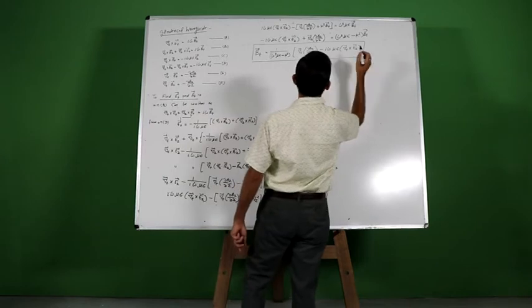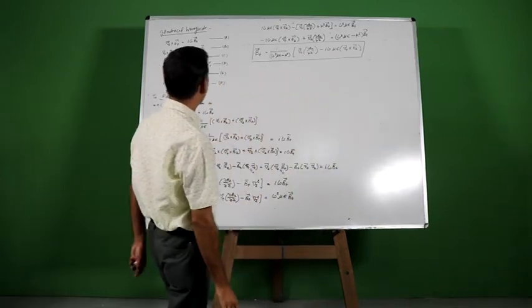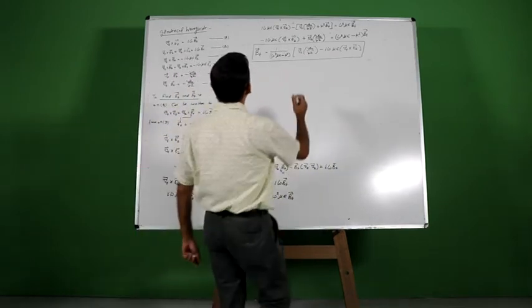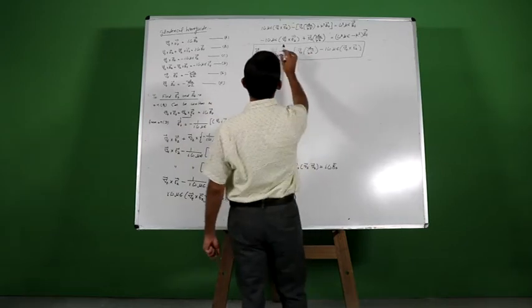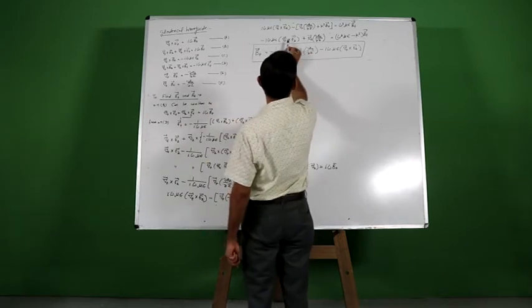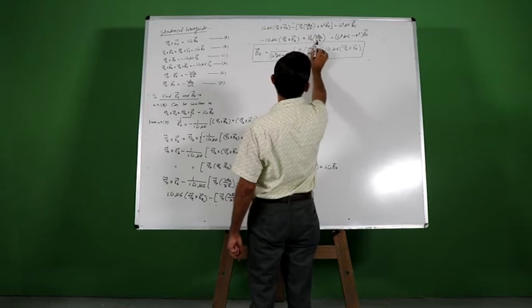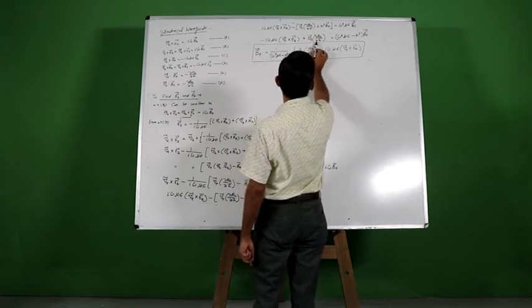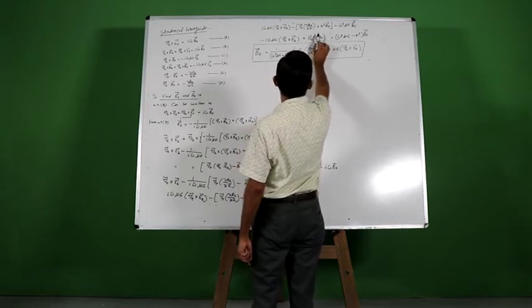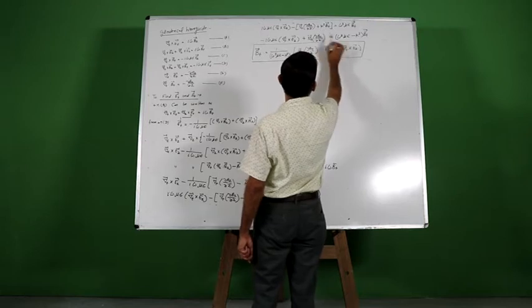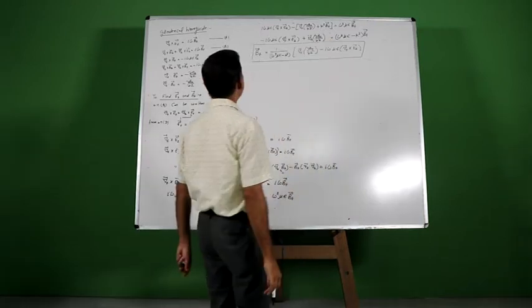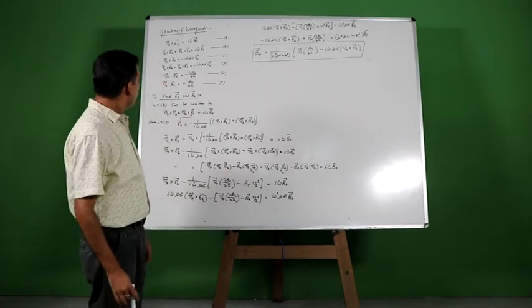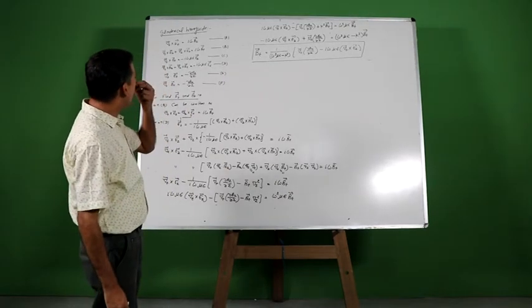Bt is equal to, we can check it again, just multiply it with the negative sign, this becomes positive, and this is minus plus, and on the other side it is minus. So now this is the value of Bt. In this way we can find out the value of Bt.